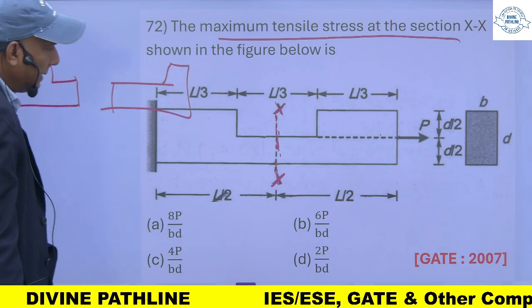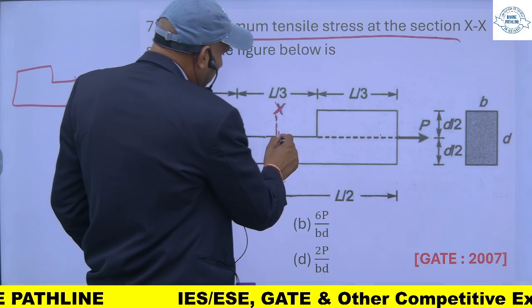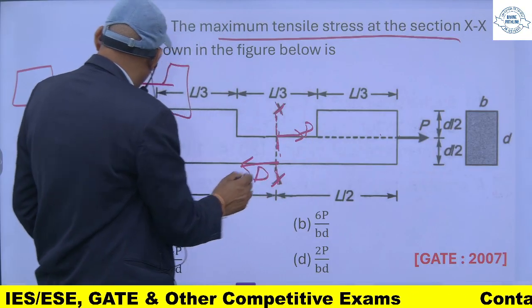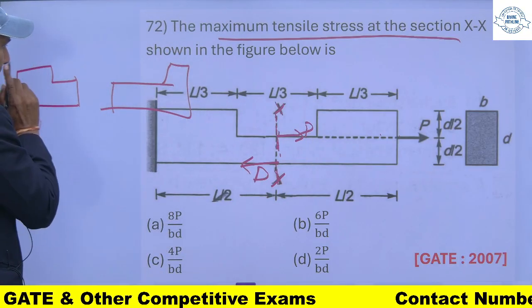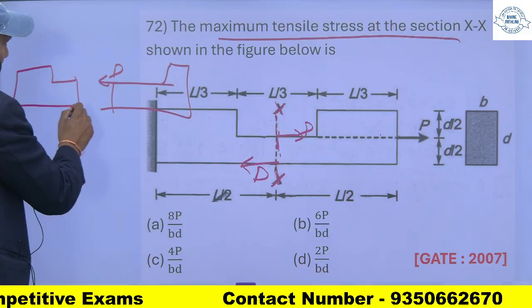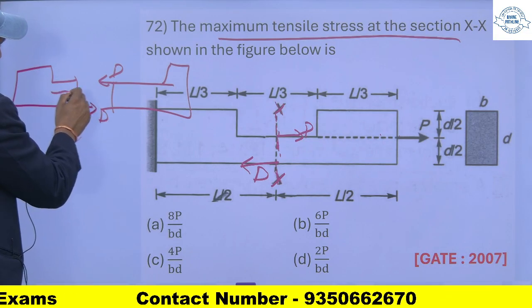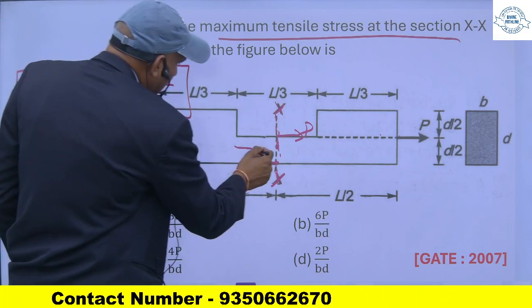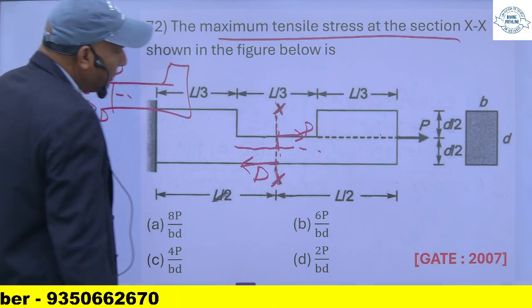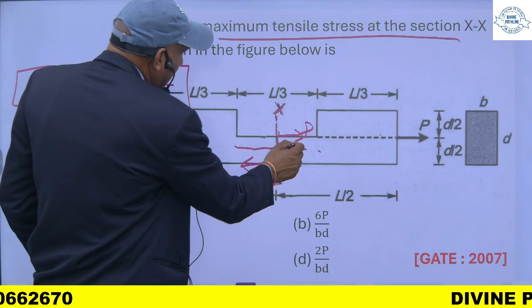So you can say this force is P. So the same reaction will be here. So at the center of this will be this. I can assume my force is P